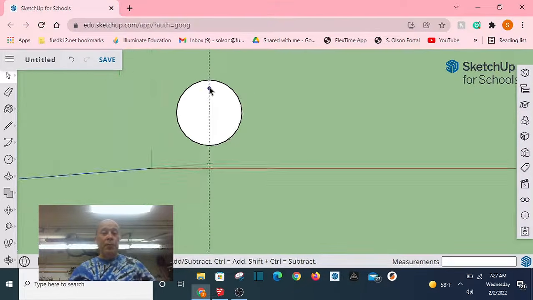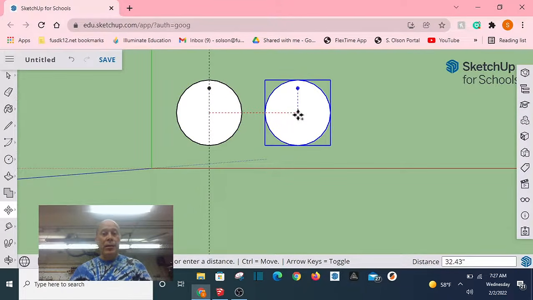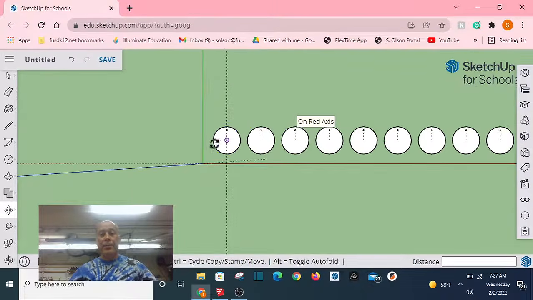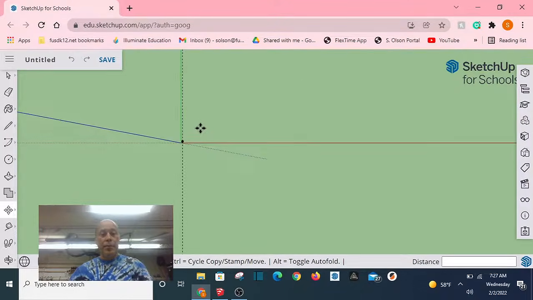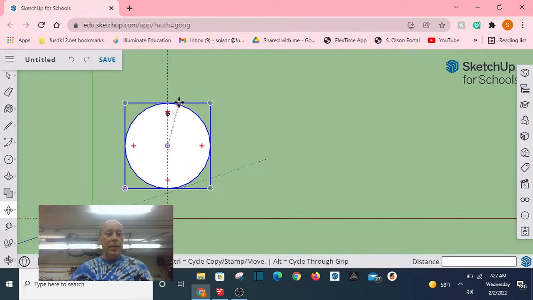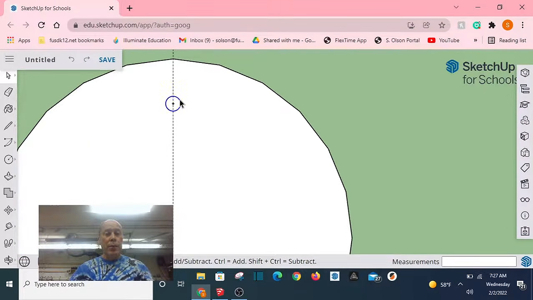All right, now, you'll remember before when we did this, you could grab this whole thing, take the move tool, click and drag to make a copy of it, and you can establish how far that is. We'll say 30 inches just for the heck of it, and then times 100 to get 100 copies, right? That same process can be done with the rotate tool as well. So we're going to grab this thing here, and I'm going to take the rotate tool,